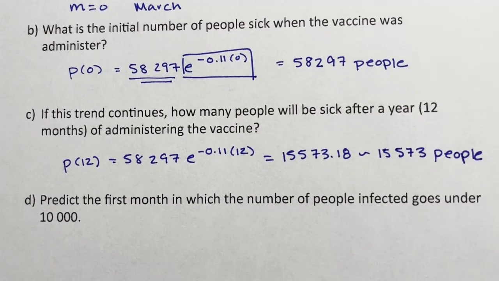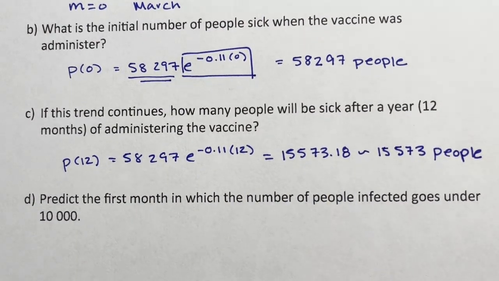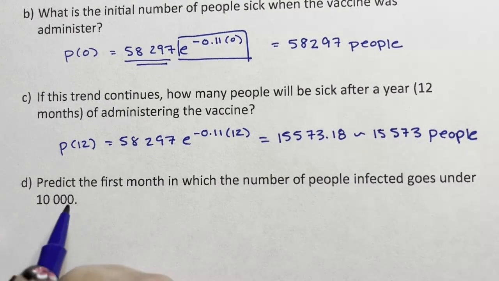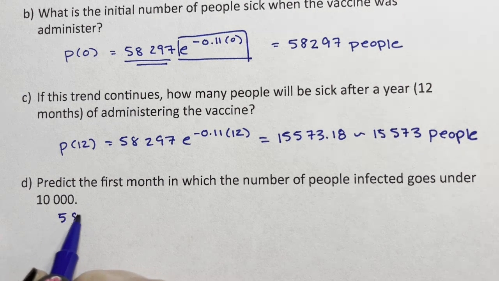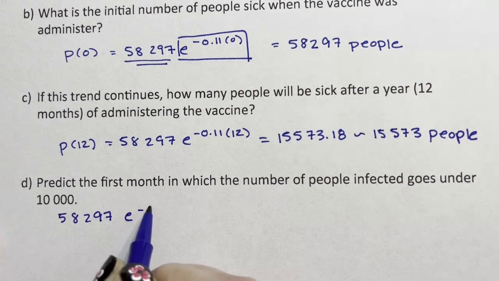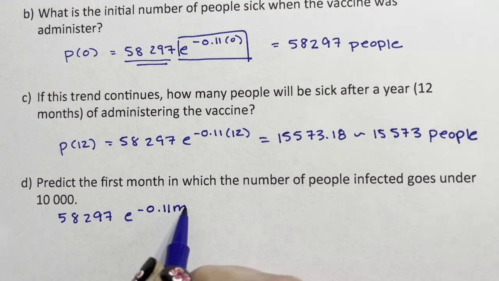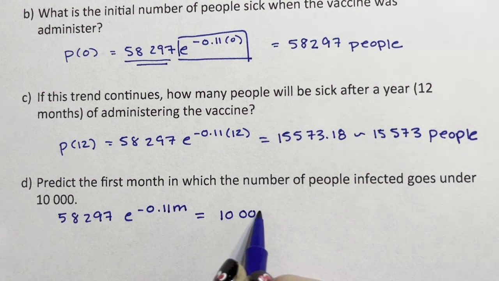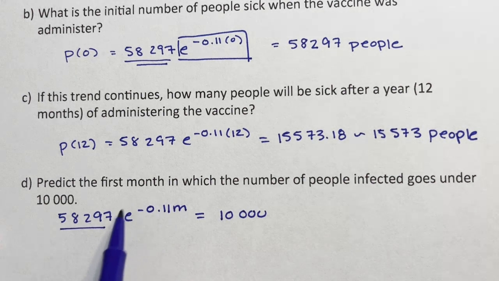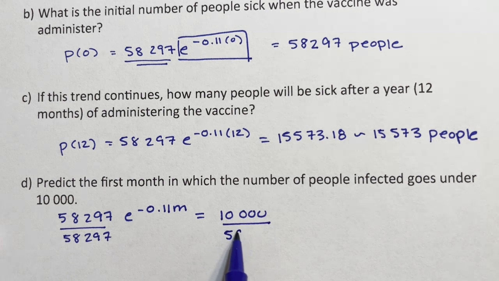And we always make sure to label all of our answers. And as always in math, we always do the input for output and output for input. We need to be able to go both ways. So we then say 58,297 e to the negative 0.11 m equals 10,000 to figure out in which month we will reach 10,000. First, before we can do anything with the ugly, that is e to the negative 0.11 m, we need to get rid of our initial value. So we divide both sides by 58,297. And we get e to the negative 0.11 m equals